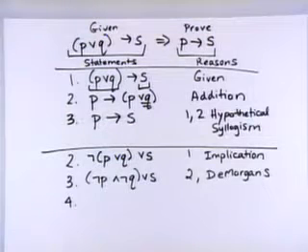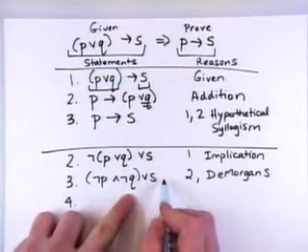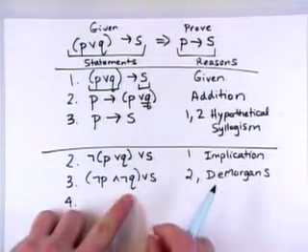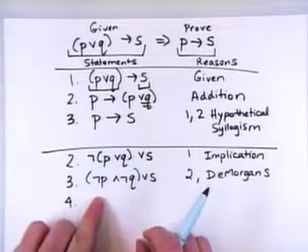So now I'm hoping to get that Q somewhere far away from the P. And I'd like the S to get closer. So I need to do distribution on this. So I need to figure out how to distribute it so that I have the P and the S together and the Q and the S together. And then somehow I can get rid of the Q and S, hopefully. Okay? So if I do distribution on this,